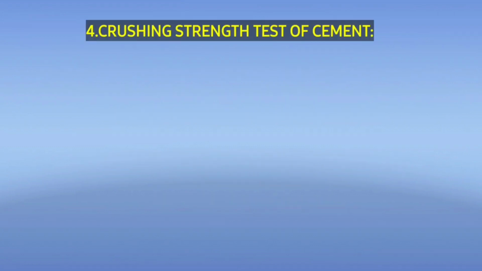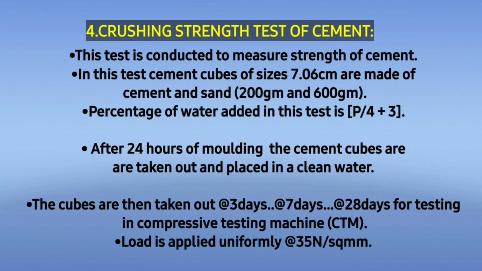अब बात करते हैं क्रशिंग स्ट्रेंथ टेस्ट ऑफ सीमेंट। इस टेस्ट को किया जाता है ताकि सीमेंट की स्ट्रेंथ मेजर की जा सके। इस टेस्ट में सीमेंट क्यूब्स को बनाया जाता है जिनका साइज 70.6 mm होता है, जिसमें सीमेंट और सैंड का प्रोपोर्शन 1:3 होता है और परसेंटेज ऑफ वाटर इस टेस्ट में P/4+3 ली जाती है, वेयर P इज़ द परसेंटेज ऑफ वाटर जो स्टैंडर्ड कंसिस्टेंसी टेस्ट से हमें मिली थी। सीमेंट क्यूब्स बनाने के बाद 24 आवर्स के बाद उन क्यूब्स को निकाला जाता है और वाटर में रखा जाता है, और वाटर